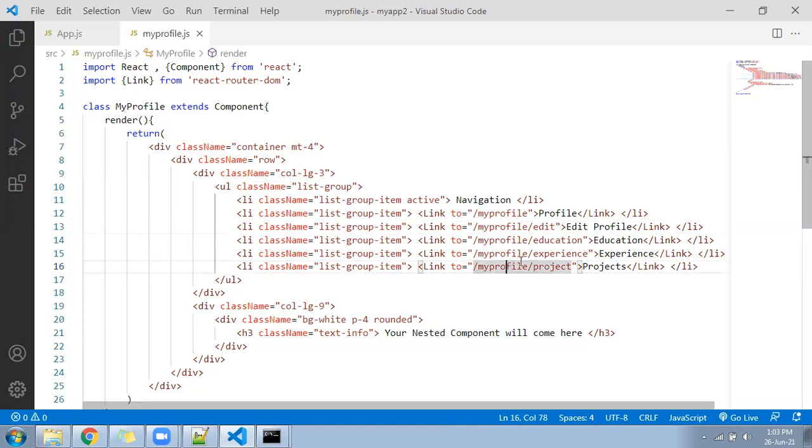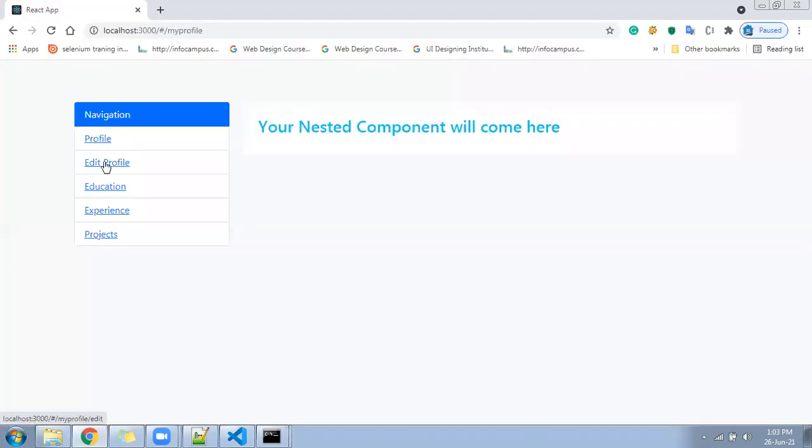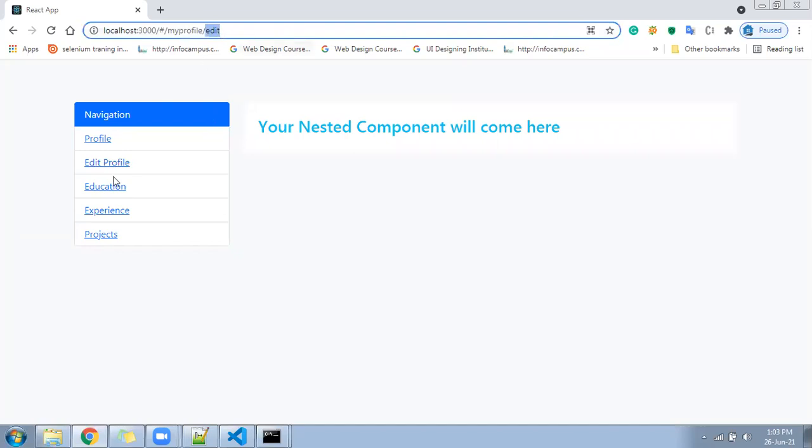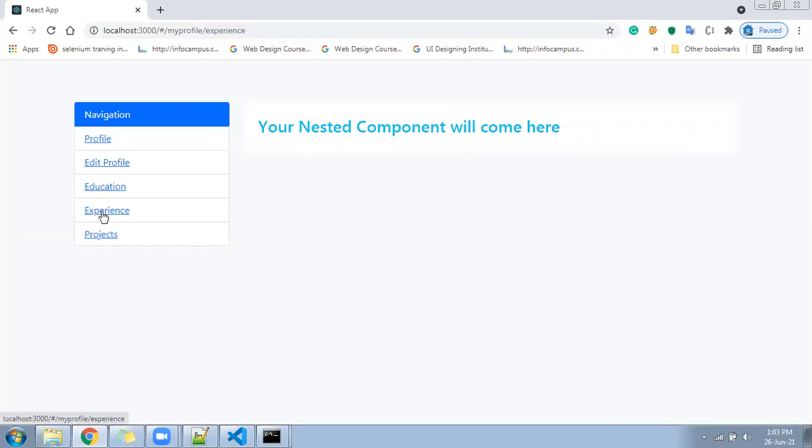Now I'll show you what will happen in the browser URL when I click on the link. Let me go here and see. When I am clicking on education, look at that URL. The URL keeps on changing.